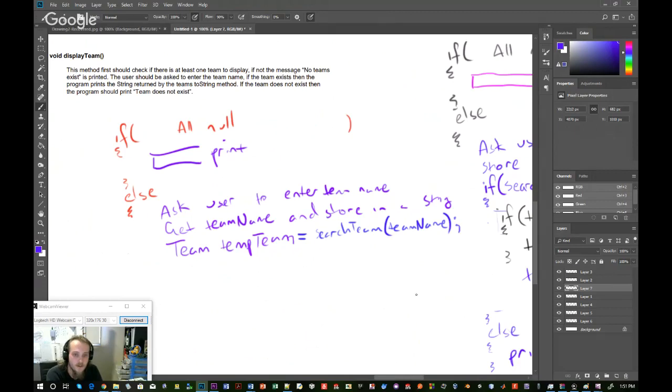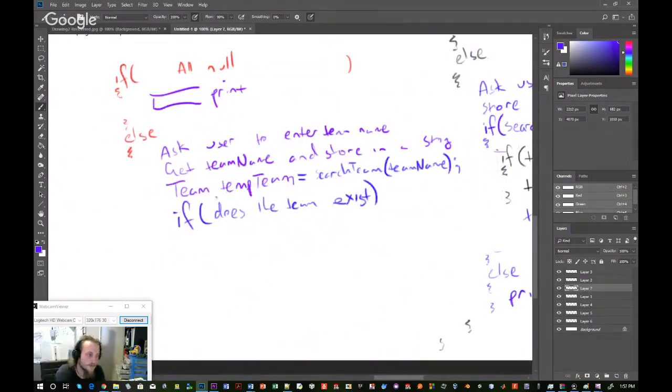From there, we can do an if statement and ask, does the team exist? Okay, and I think you know how to check that now using nulls and not nulls. I won't tell you which one. So if the team does exist, then we're going to print out the toString. So we can just do something like system.out.println